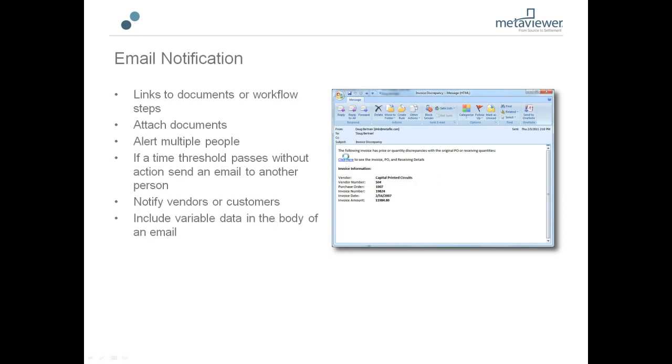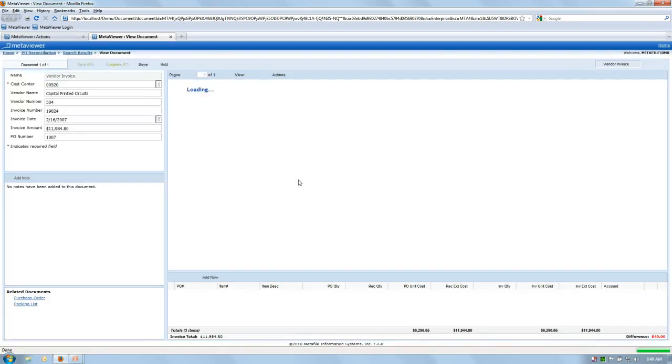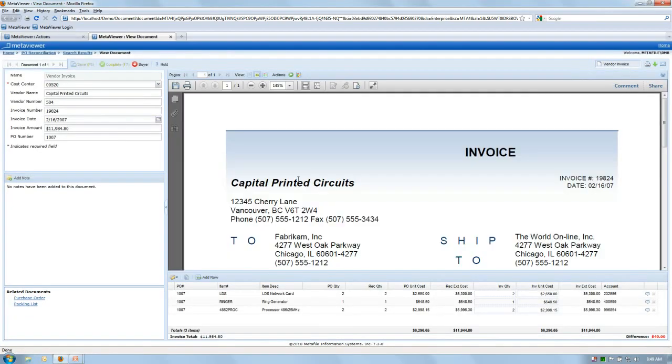So if I click on this link, it'll make a call to the MetaViewer system and display that document back in the browser and in the PO reconciliation view screen. From the PO reconciliation, I can see this document. I can see some of the details that we extracted out of the document up here, and then the grid,